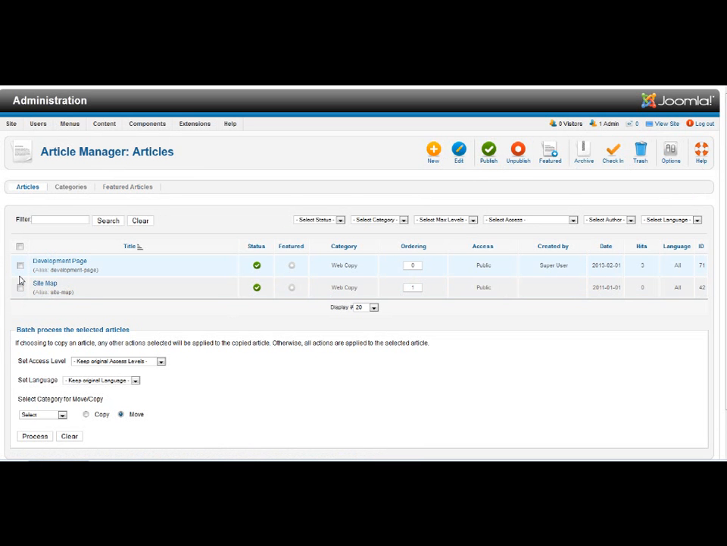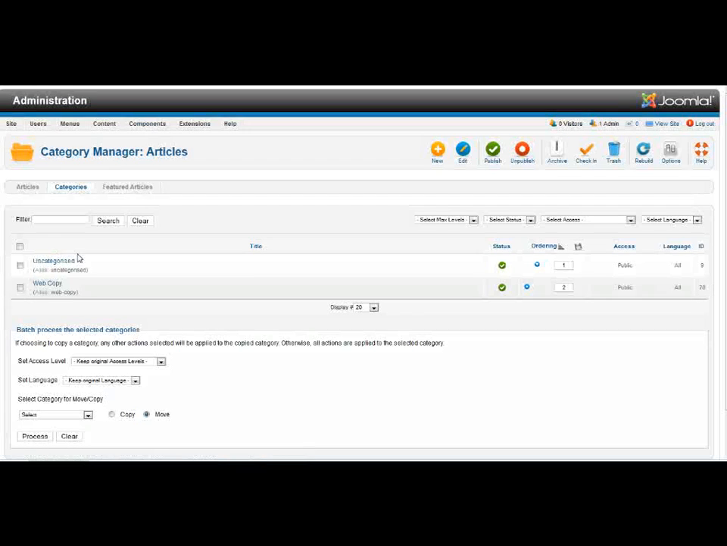So what's important to note here is that articles live in categories, very similar to the way files live in folders. So if you haven't got a category set up for your article to be stored in, you need to first go and click on categories. You will see here there's existing categories. We're going to create a new one by clicking the new button,